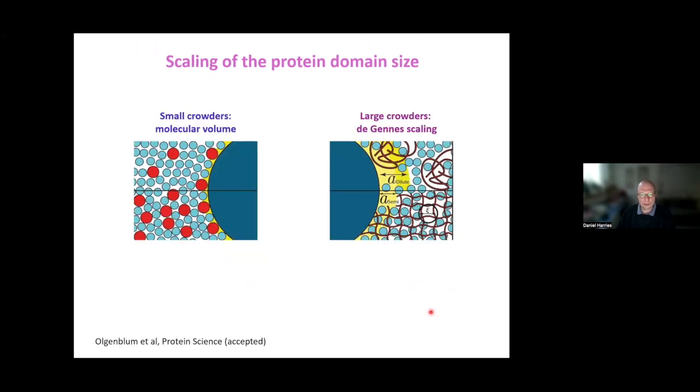If you like it in a cartoon, for small crowders, just the size of the crowder determines the size of the protein domain, while for these polymer spaghettis in the dilute region, all we have is the affected area is just related to the radius of gyration, while for the semi-dilute region, we have this mesh size that comes in, and it now scales as this de Gennes scaling,